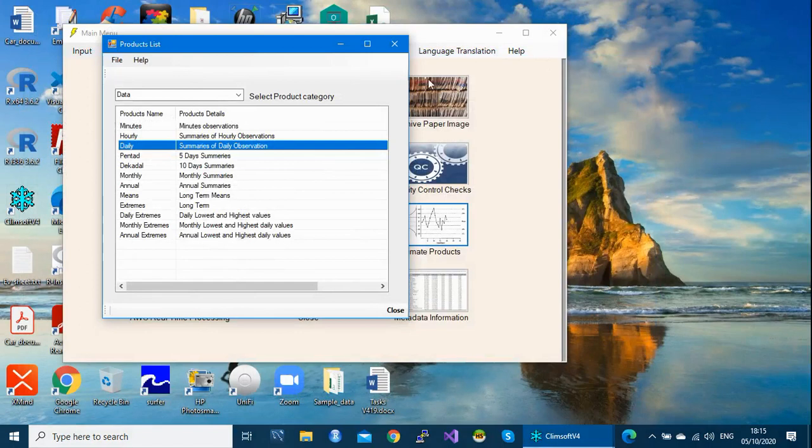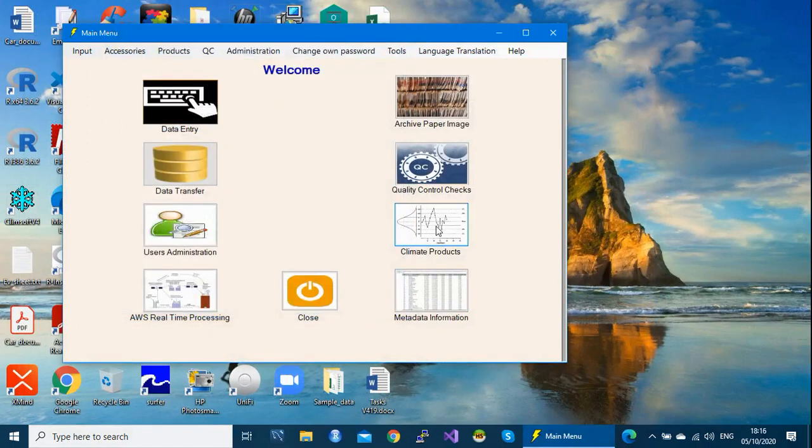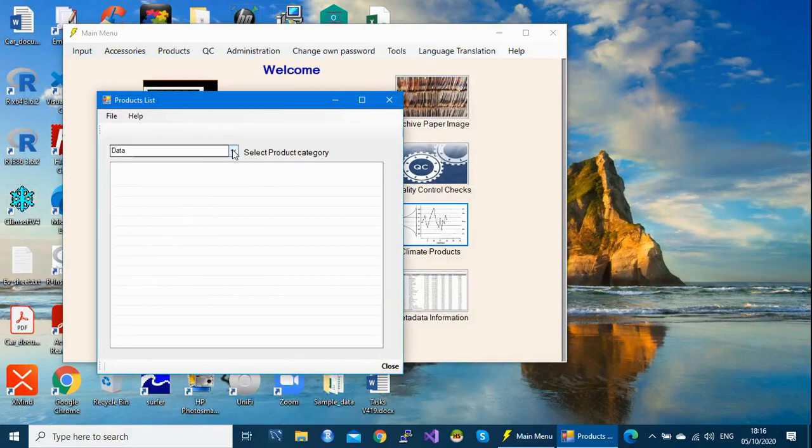That's it. So if you close, there is also another type of product. As I said, under graphics, there are 3 types of charts. You can produce a windrose, a time series chart, or histogram charts.